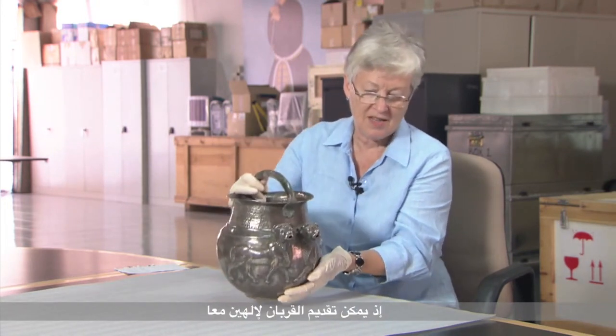These are the native population of southwestern Iran, both in the lowlands of Khuzestan and the highlands of Fars, a very different people from the Assyrians, with a very different language, different social structure, different gods and beliefs. And they often have gods in pairs or trios. Hence the twin spouts. You could be making an offering to two gods. They often went in pairs. And this is a real contrast to the Assyrians, who always venerated one god at a time, though they might